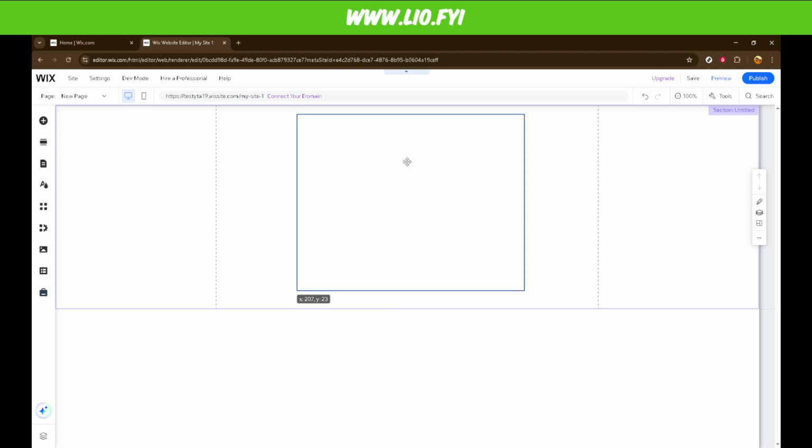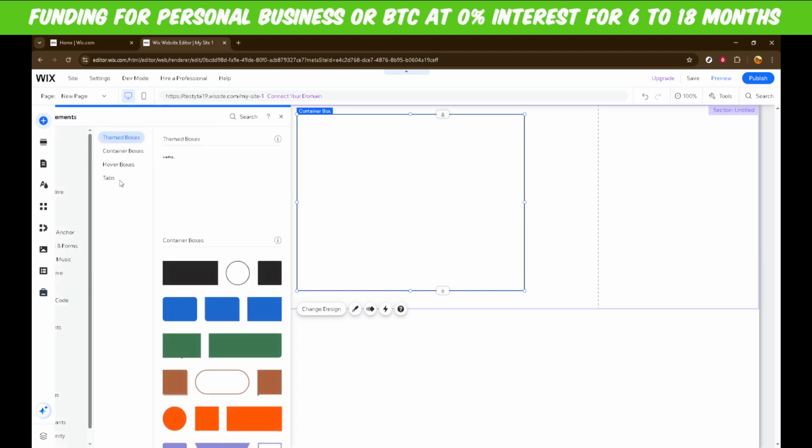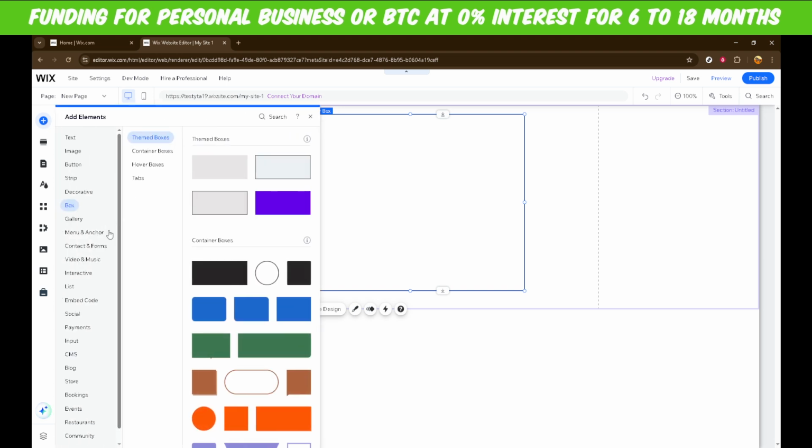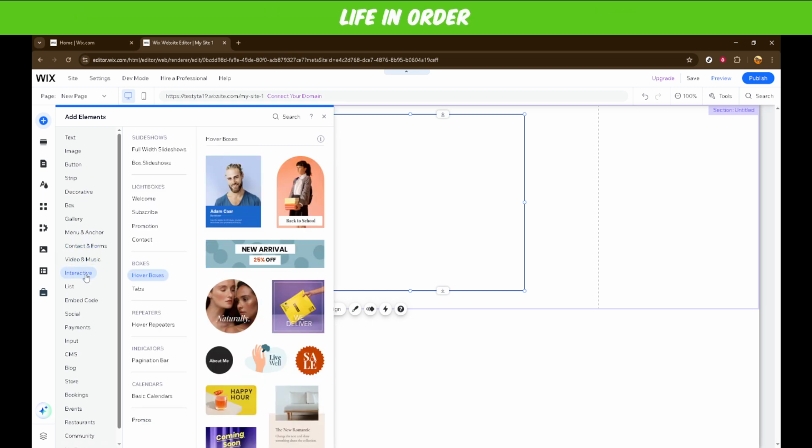Next, we'll enhance your design by incorporating a hover box. To do this, once again click on Add Elements and navigate your way to hover boxes. Hover boxes are a fantastic feature that brings dynamism to your site by revealing new content when hovered over. All you need to do is choose a pre-designed hover box that matches your style and drag it onto your workspace. Once your hover box is in place, it's time to adjust its size and position accordingly, so it fits